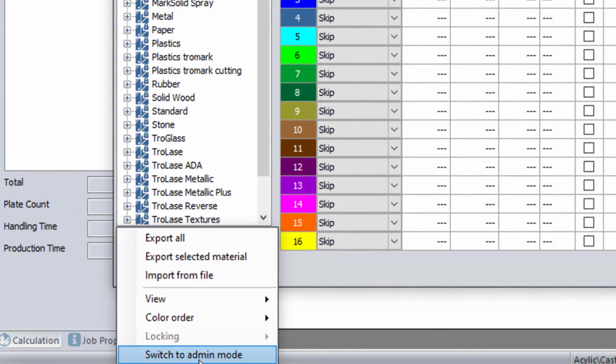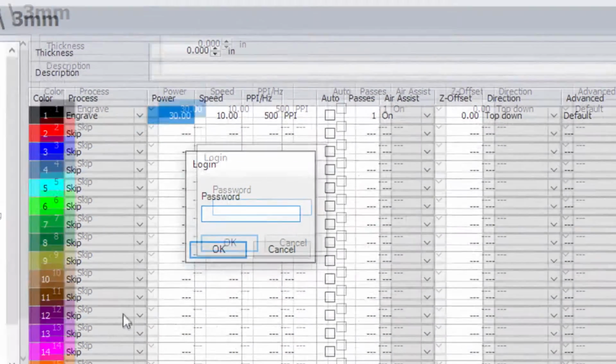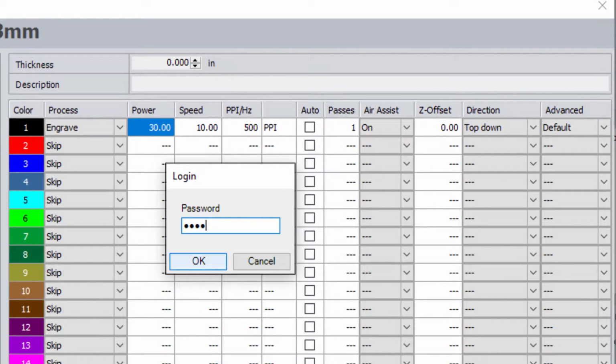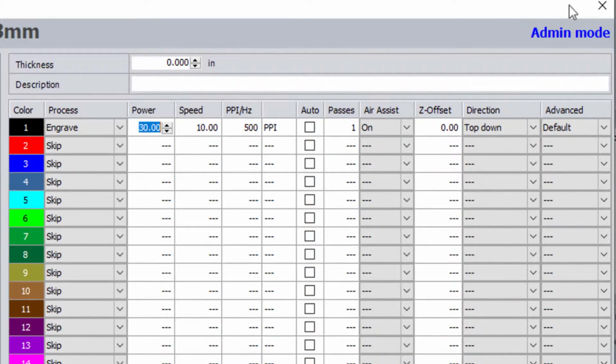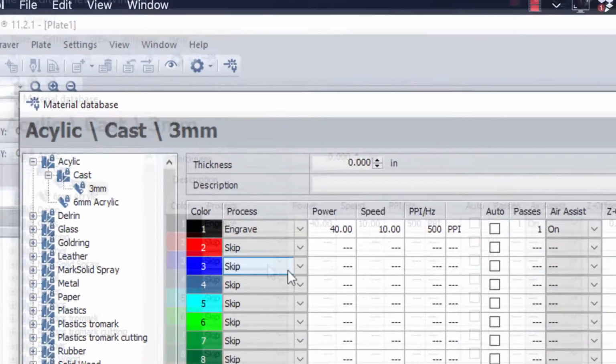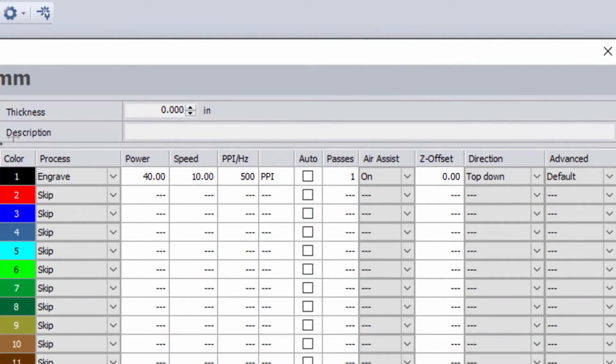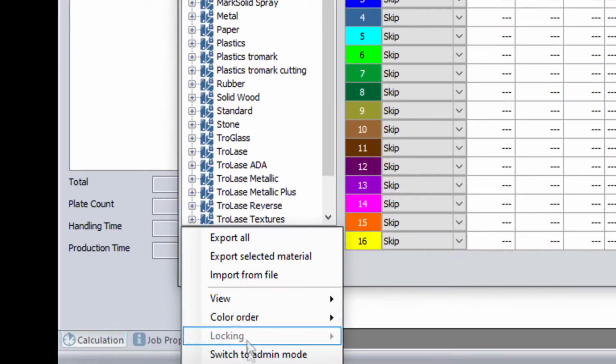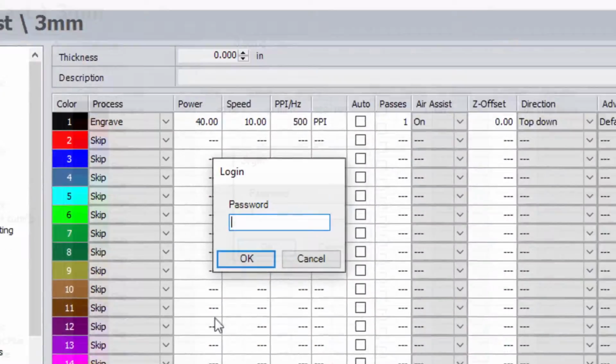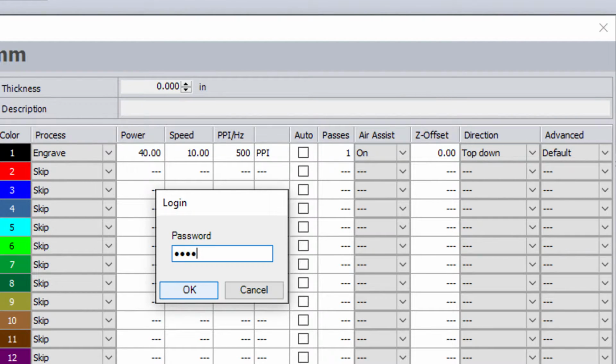If I hit the gear icon down, I can switch to admin mode. So if I want to make some changes, I can come back in here and I can say test and log back in again. I'm in admin mode. This allows me to make my change. I can say OK. If I come back in again, you notice that I'm out of admin mode, and again, I can't make any changes. If I go back to admin mode again, type in test,